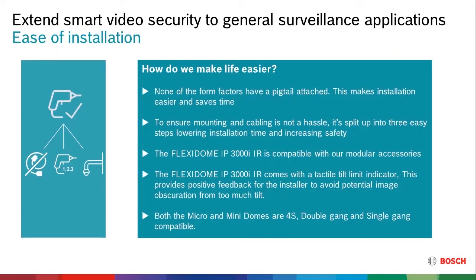So ease of installation. There's been a couple things done with the 3000i at this level to make installation a little bit easier. Usually when you get into the cost-effective camera family or microdomes and some of the others, you have pigtails. In these form factors, there's no pigtail on any of them, making it a little bit easier. You don't have to drill that big 1.5" or larger hole to squeeze the pigtail through on your ceilings or your walls or your surface,